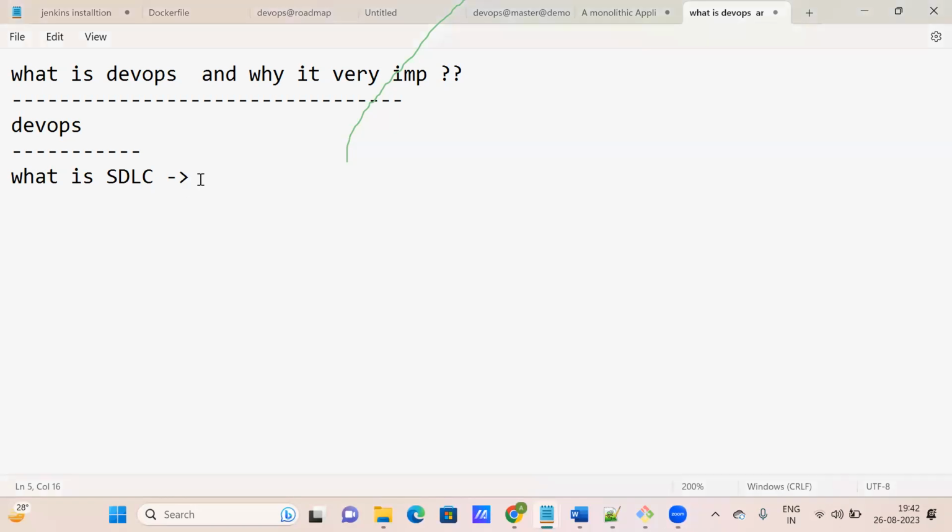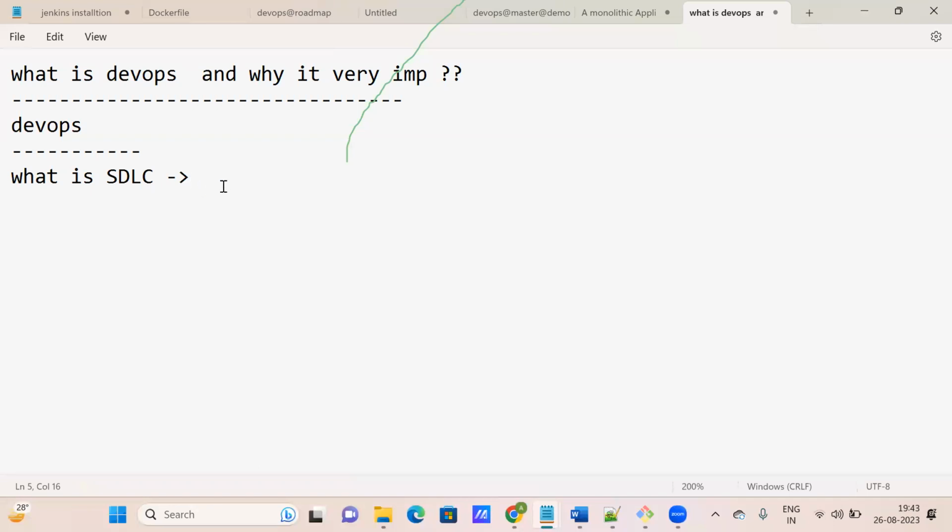Okay, so what is SDLC? At least if you have gone through the class, can you explain what is SDLC? Why do we need SDLC? SDLC is a software development lifecycle process. Every company needs to deliver a product from scratch. There are several processes of SDLC, and different companies implement it differently. Some of them are waterfall, agile, and now it's booming in DevOps. So that's all about SDLC, sir.